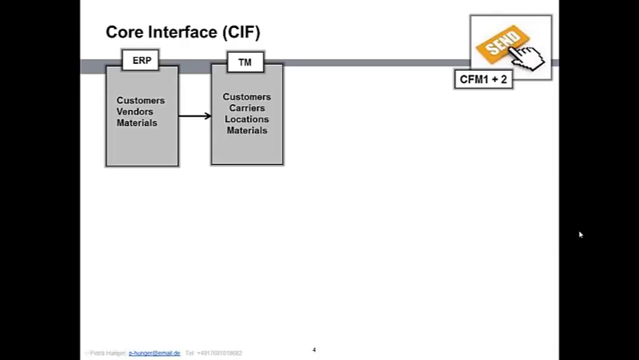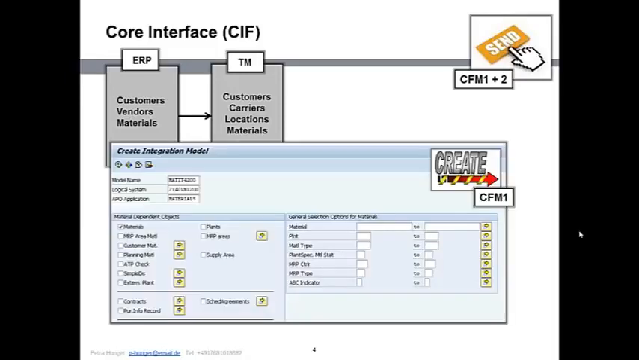Customers, vendors, and materials are often created in the ERP system and transferred to TM. That's the purpose of the CIF interface. The CIF interface involves two transactions. The CFM1, where you can create in step 1